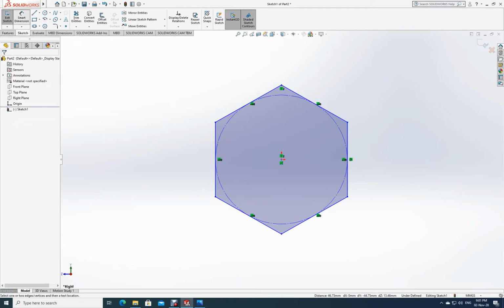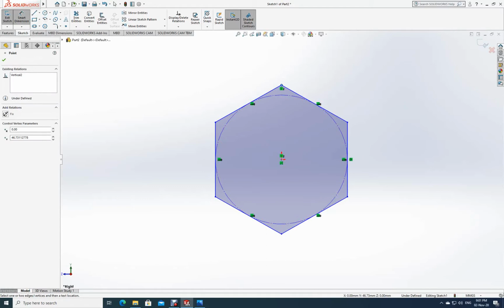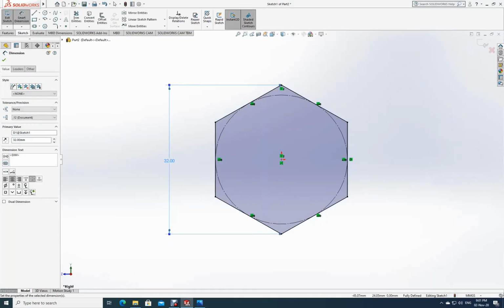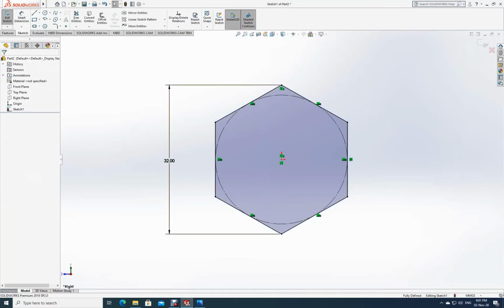Done. Now what else I need? I need the diameter. The diameter is how much? From here to here, the diameter is 2D. That is 32. Okay. Done. So this is also done. So now I have to make a hole here before making threads on that one. What should be the size of the hole? This is another important thing for us to know. Is this clear? Because I have to make a hole by drilling before using the tap.